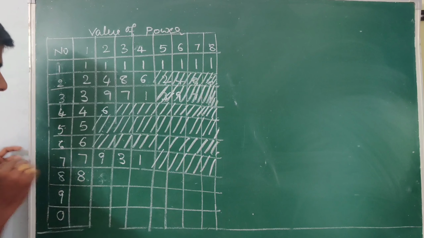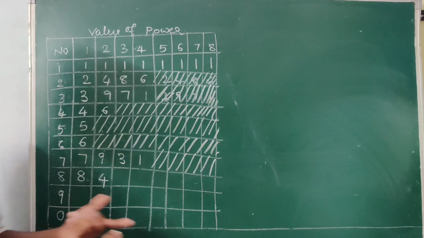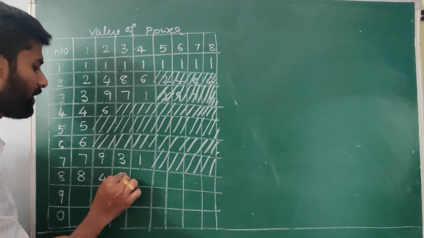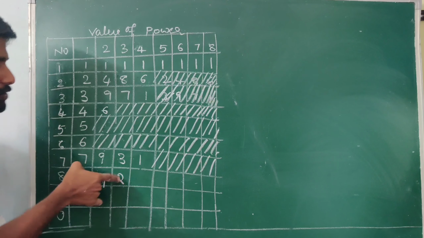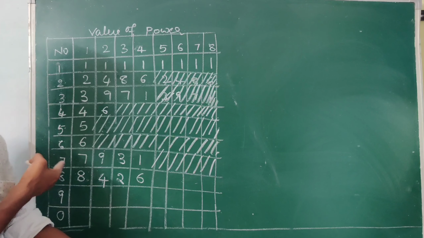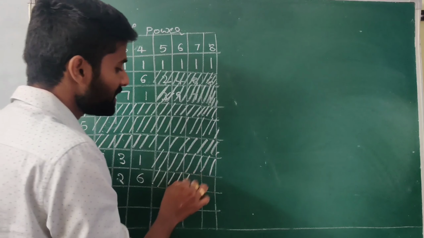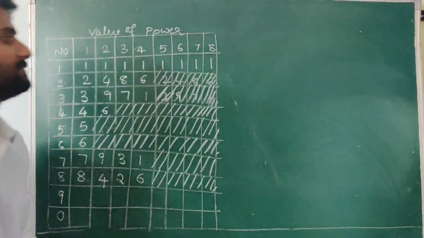Okay, then see the 8th one, just see this 8th cycle. 8 power 1 is equal to 8. 8 square is 64. And we know that 8 cube is equal to 512. We don't know 8 power 4, so these numbers should multiply with 8. 8 2s are 16, so 6 only. Again, 6 8s are 48, means 8, 4, 2, 6. Again, those 4 values are repeated values only.